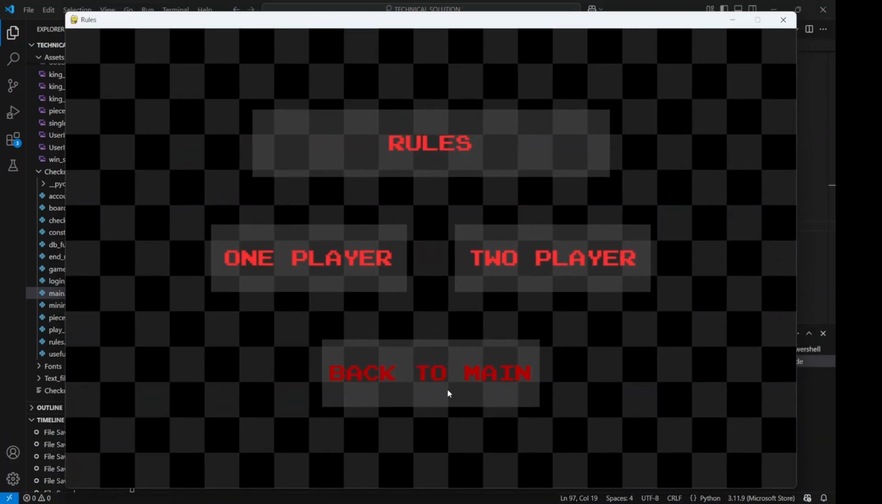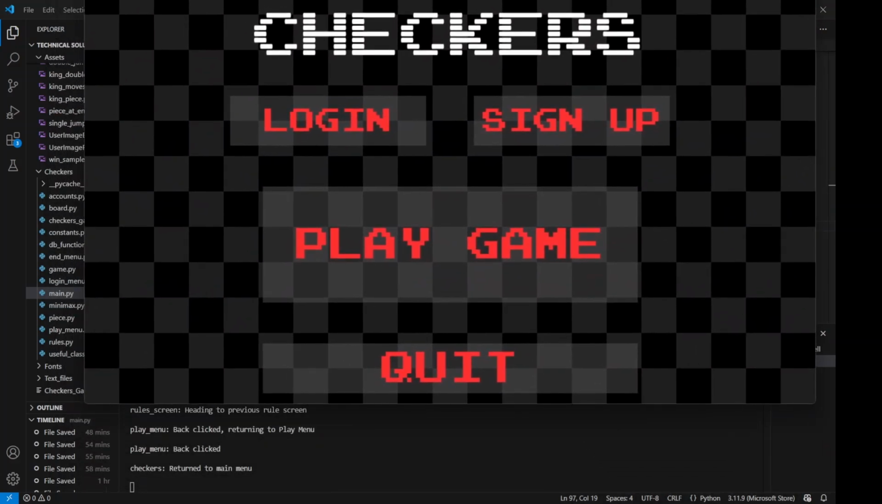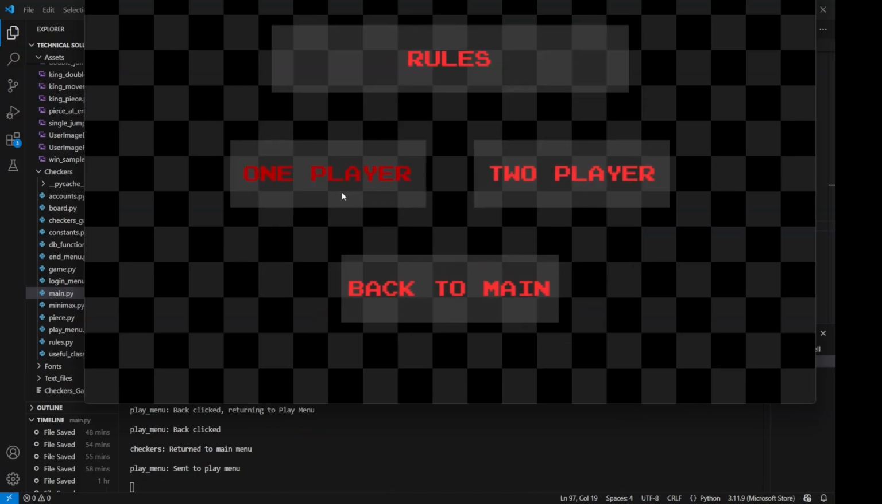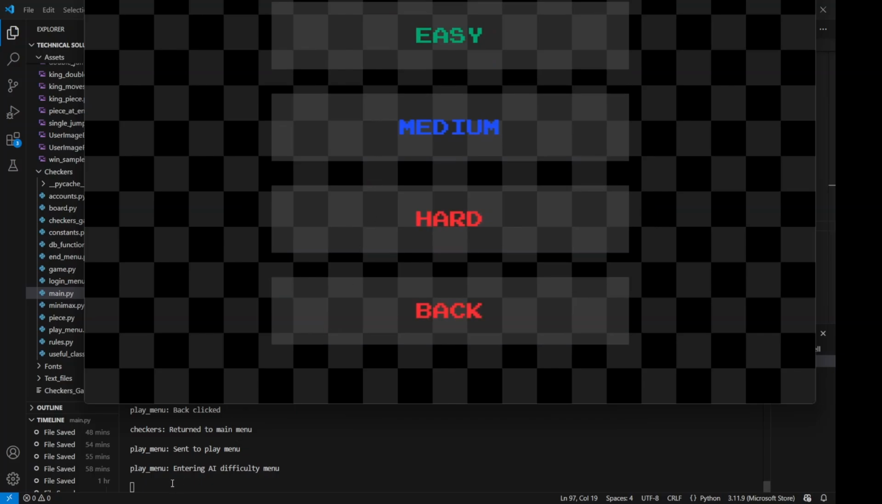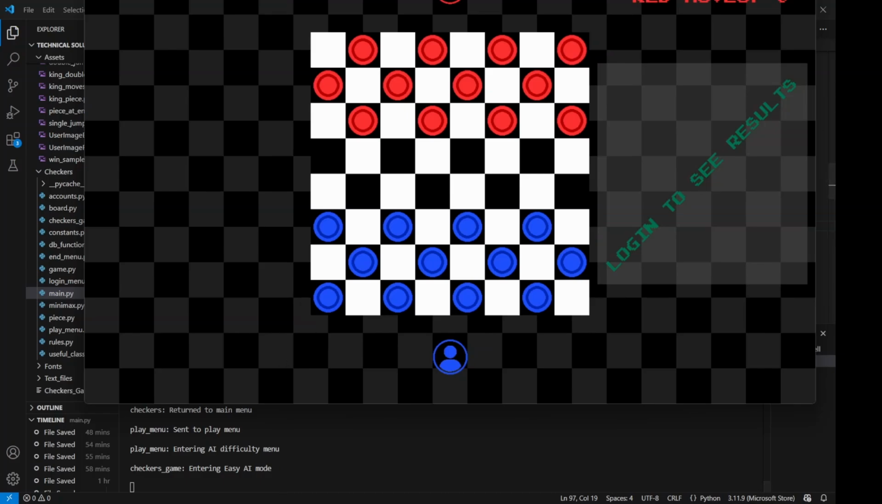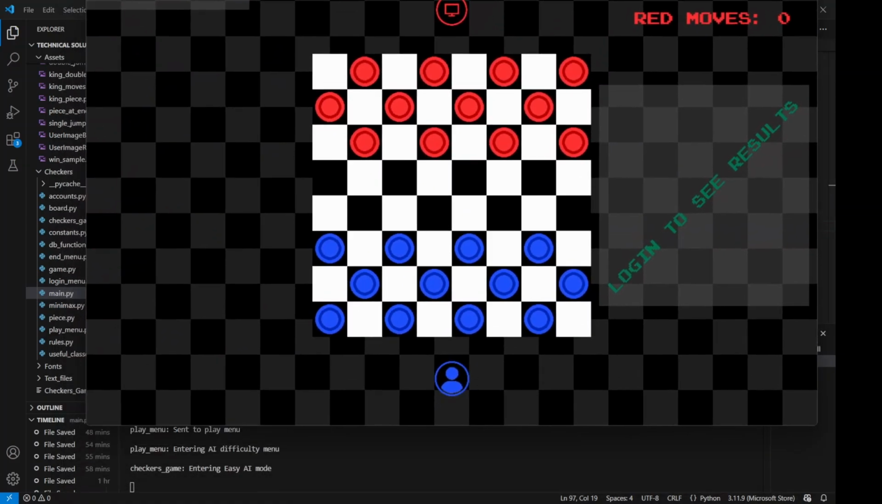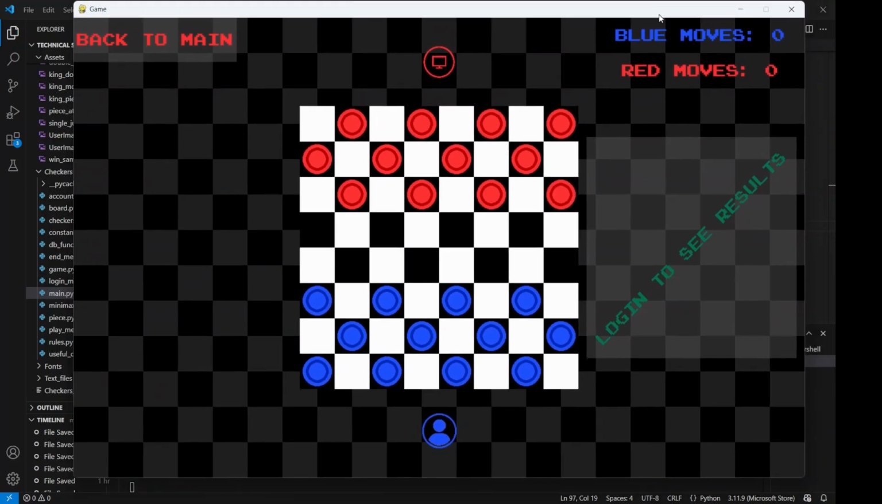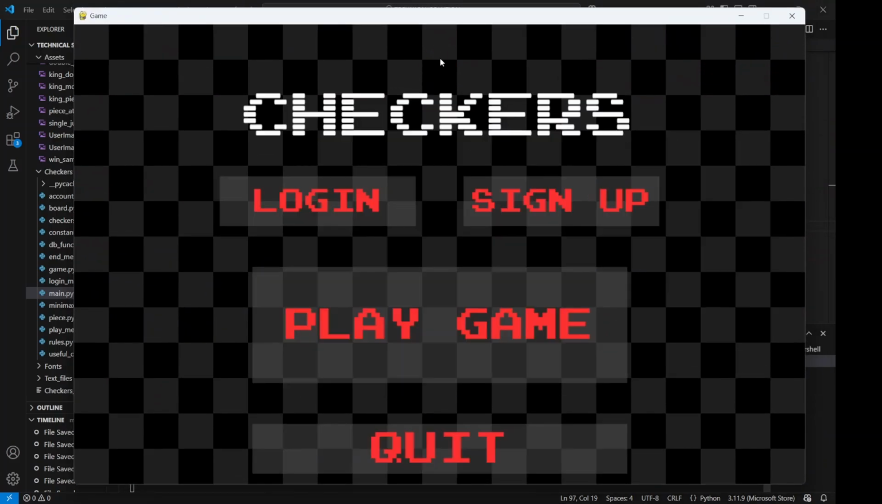If I click back to main on the play menu, you can see that play menu has realized that back has been clicked, and within the checkers function, we've been told that we have returned to the main menu, which is shown here on the board. Now, if I go into the one player section, you can see that within the play menu function, it has realized that we are entering the AI difficulty menu, which is also housed within the same function. If I click on easy, you can see that we have now moved into the checkers game function, and it has told us that we're entering the easy mode for the AI. If I go back to main, you can see that